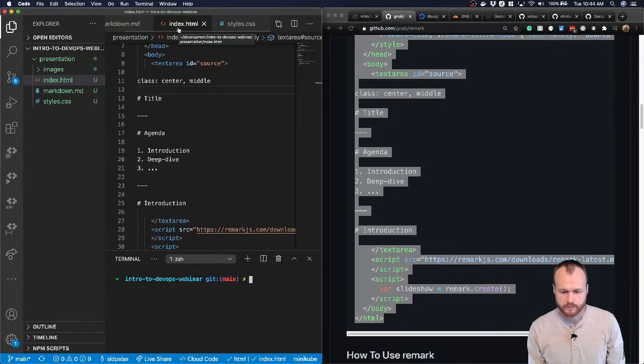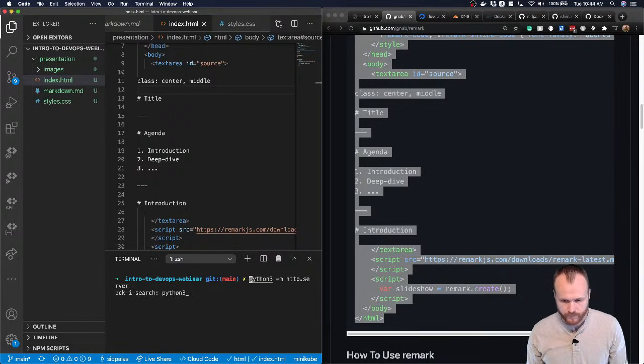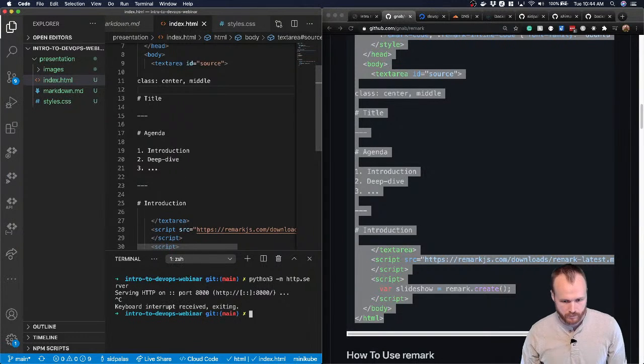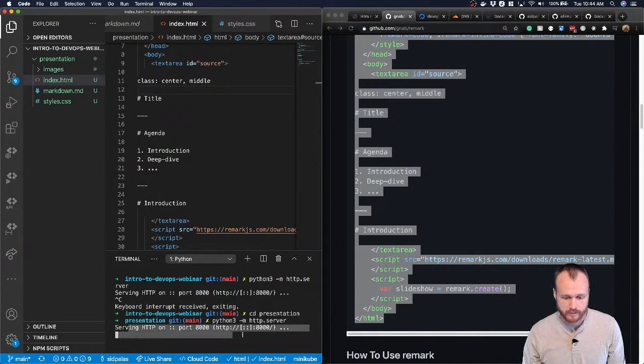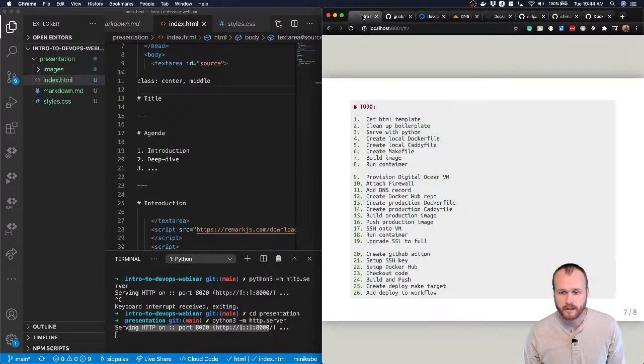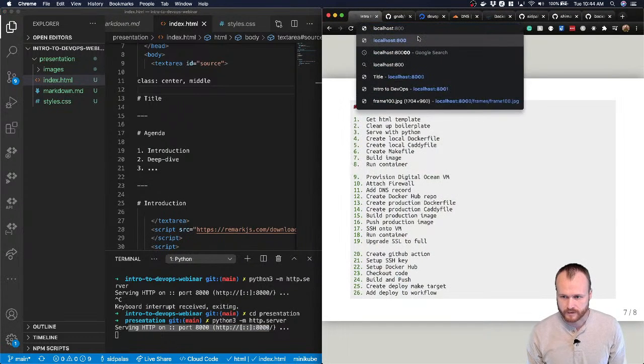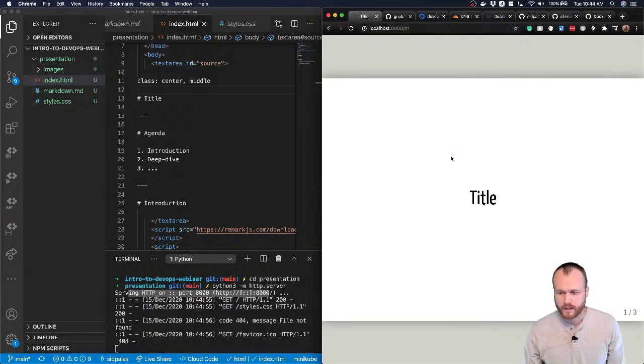So the easiest way to run a web server locally on Mac OS, for me at least, is to run it with Python. So I'm just going to do python3 -m for module, and then the http.server module, and I need to go into the presentation folder where those files live. That will open a web server on port 8000. Here I was running this before on 8001, but now I'll go to 8000. And here we just see that